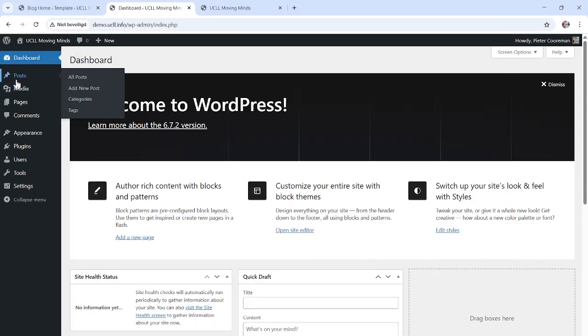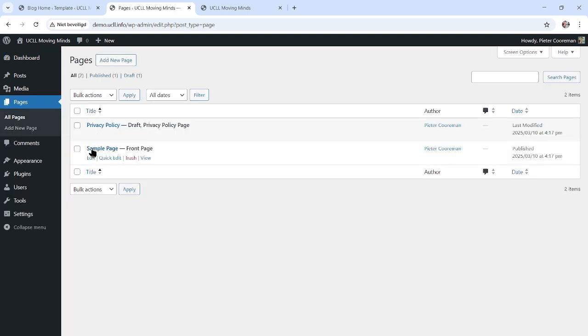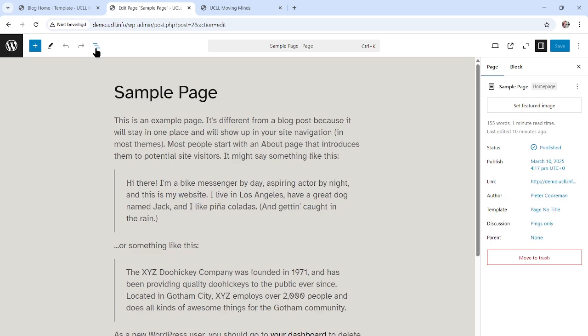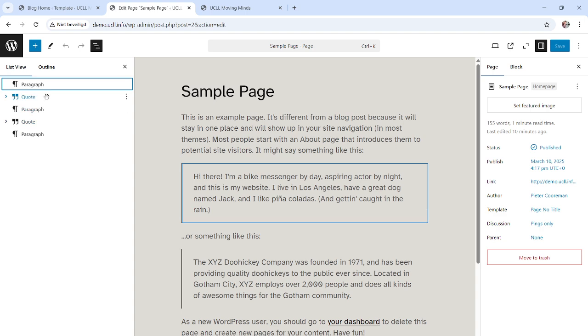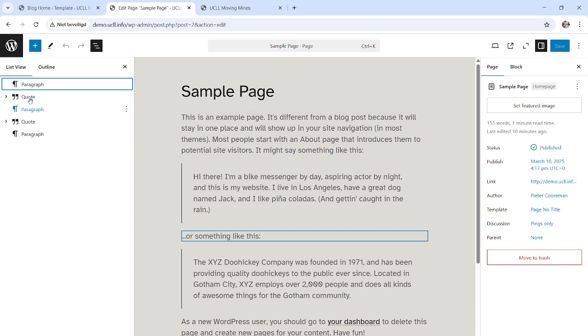WordPress comes with a lot of blocks. So as from 2018, WordPress is a so-called page builder based on the so-called block editor. Whenever going to your pages, let's just take the sample page here, you will see that when opening the document overview, at least, a page consists of a lot of blocks,